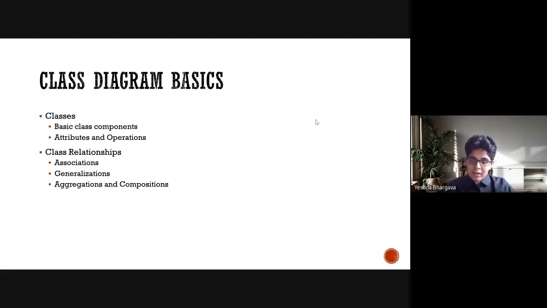At this moment, I just want to ask: when we talk about software designing or systems, why are we so interested in understanding the kind of relationship between use cases or classes? Why do you think understanding the relationship between classes or use cases is important? Any thoughts on that?